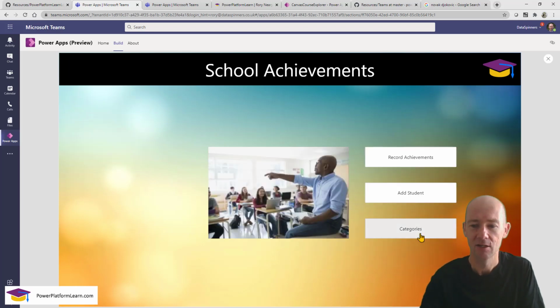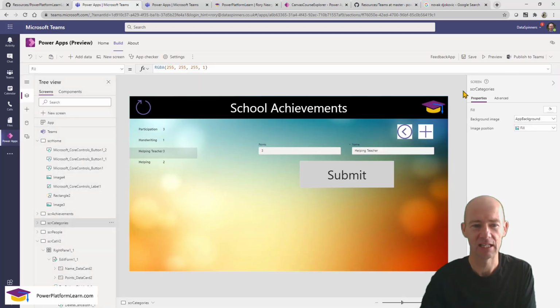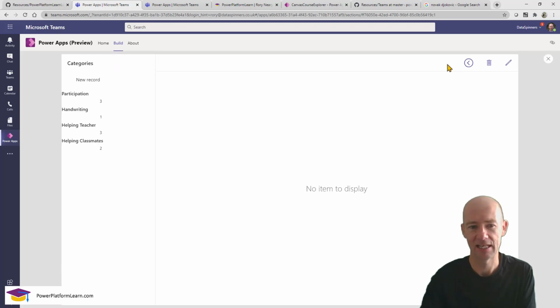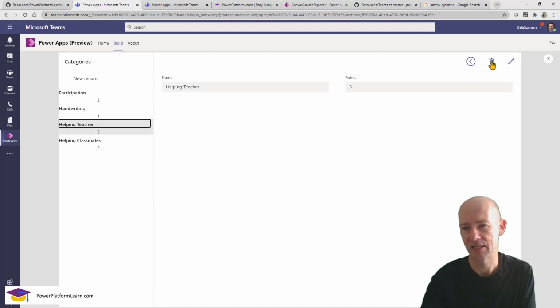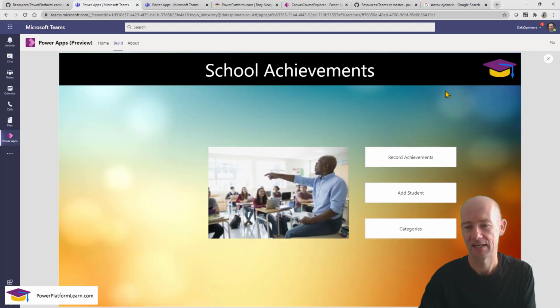So we're going to go back, we go into the categories, got helping teacher, and we can now go and, in fact, I don't have an option to delete that. So what I'm going to do is I will come off this. And in fact, I'm just going to navigate directly to this Cat V2 and I'm just going to hit the preview, click on helping teacher, click on the delete. I'm going to delete this record now